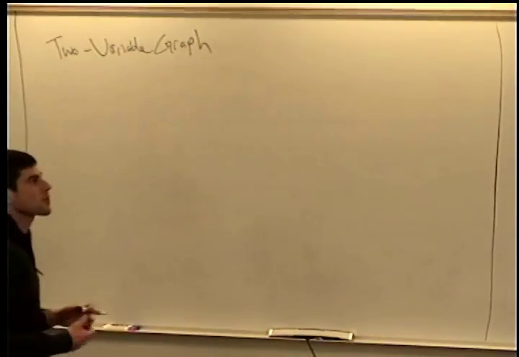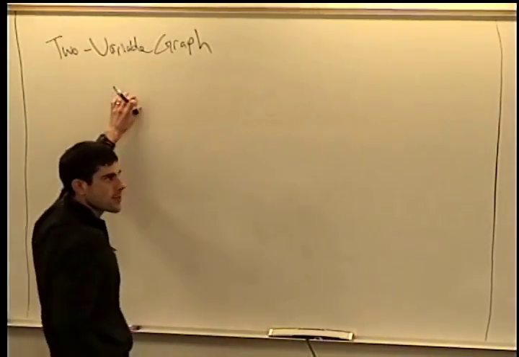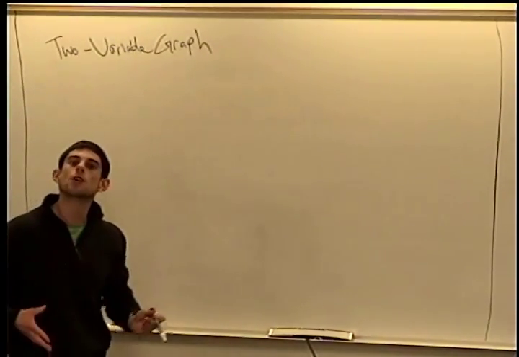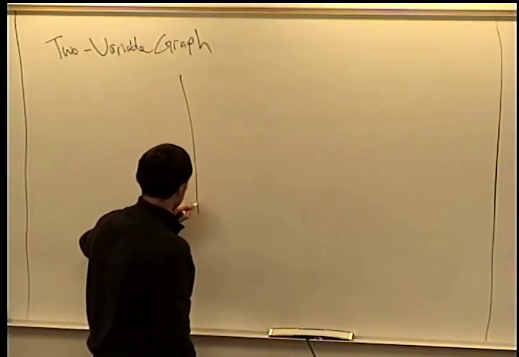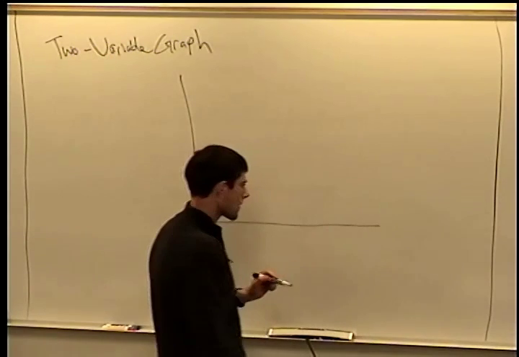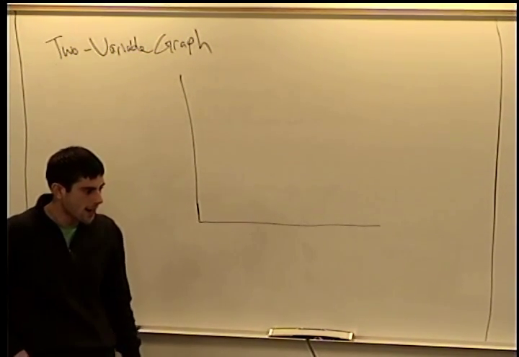Okay, and a 2 variable graph is going to have 2 variables. So we're going to have a variable on the x-axis and a variable on the y-axis. And we want to understand what is the relationship between x and y. Okay, so for example, suppose that we are going to look at,